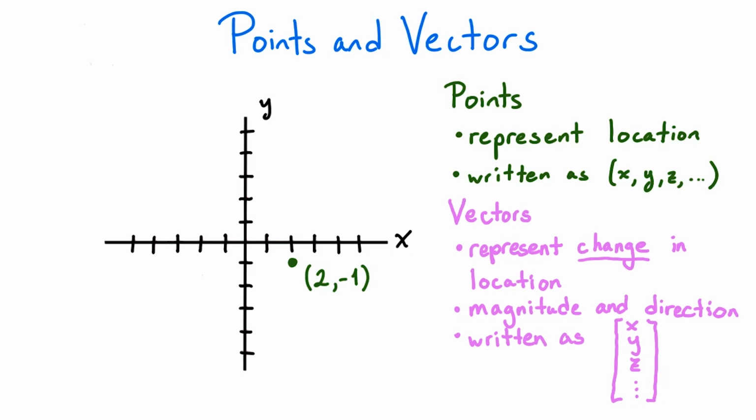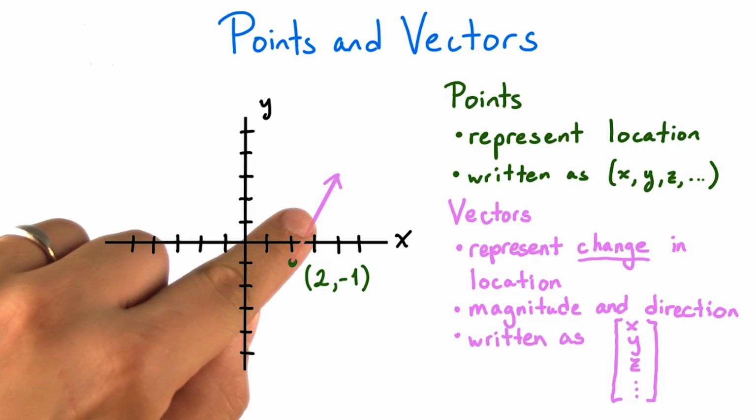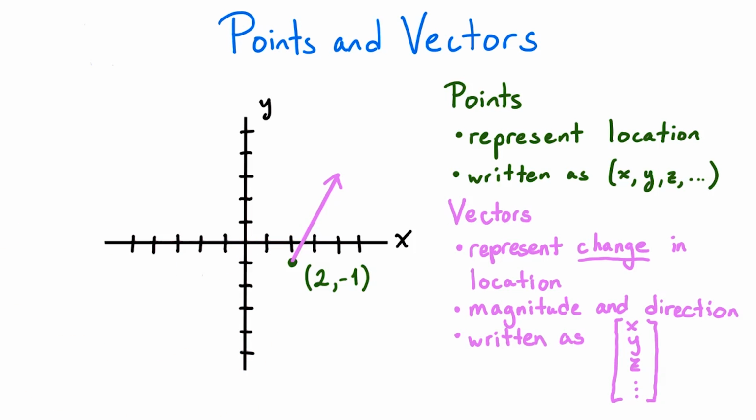In contrast to a point, a vector is an object representing a change in position. In Euclidean space, a vector can be thought of as an arrow connecting 2 points. The important properties of a vector in Euclidean space are its magnitude, that is, the length of the arrow, and its direction. Given a coordinate system, we can numerically represent a vector by the amount of change it represents in